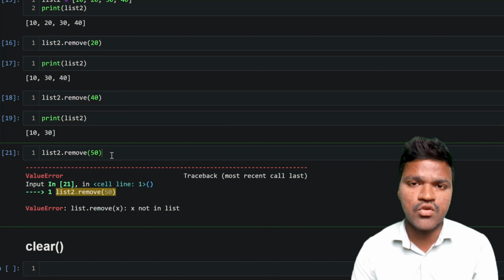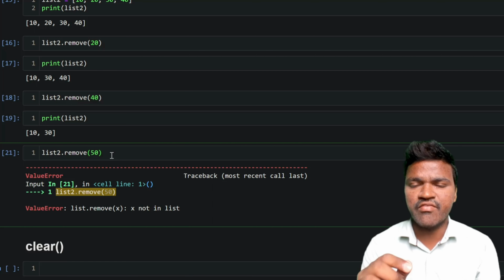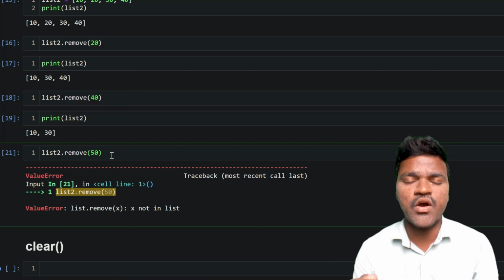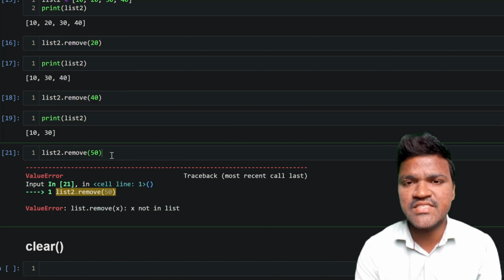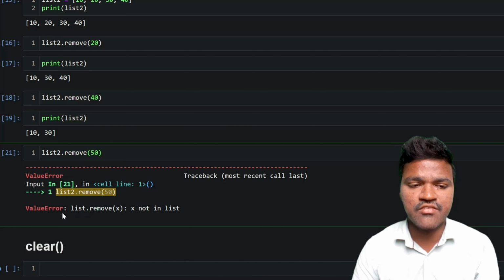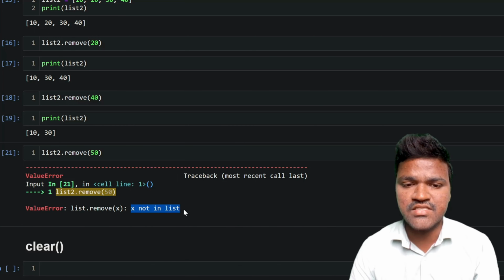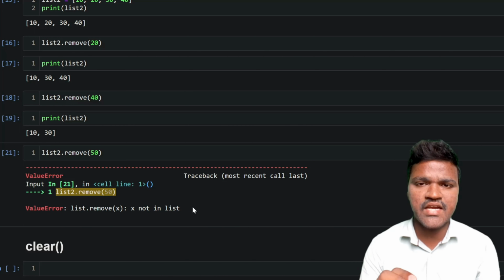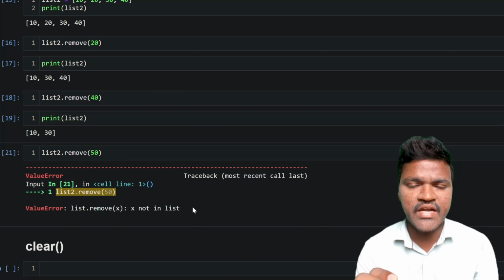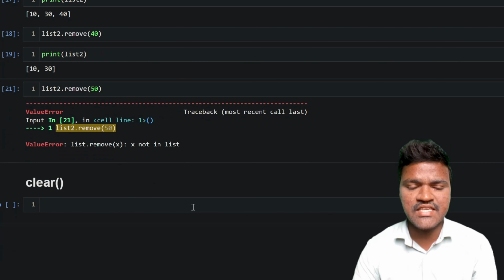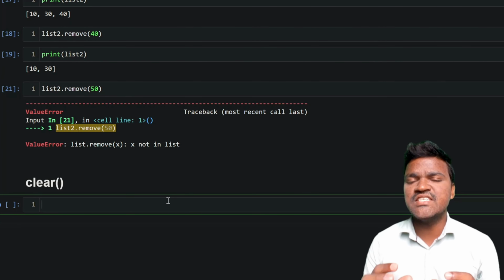So by this, you can understand that whenever you want to remove an element, you can pass the element and it will be removed. Whenever you pass an element that is not present in the list, you will get an error, which is nothing but the ValueError, saying the element is not present in the list. So I hope you understand how we can remove an element by passing the element itself from the list. So let us go ahead and see one more method that we have,